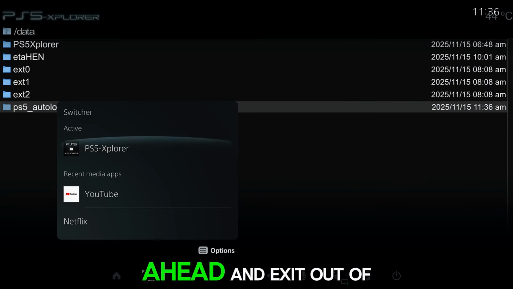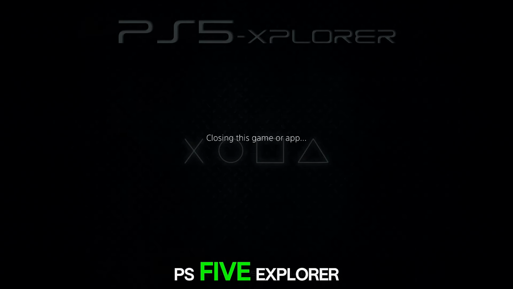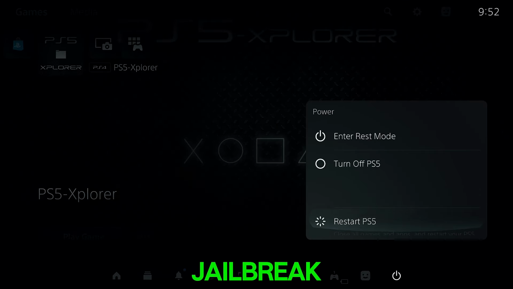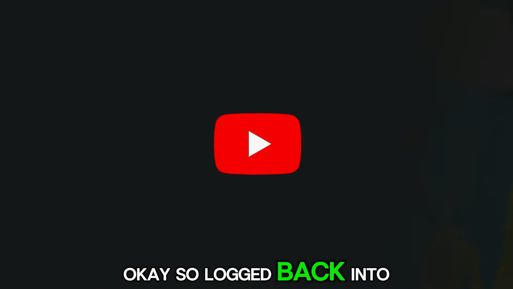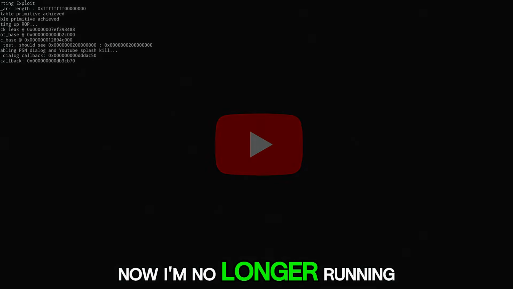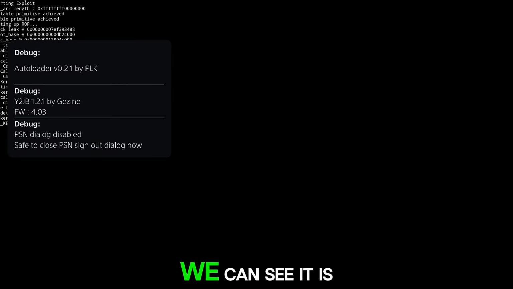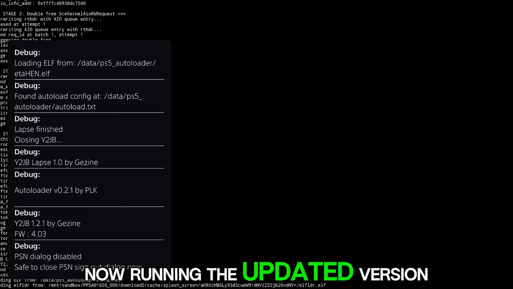So now we can go ahead and exit out of PS5 Explorer. I'll reboot my console so I'm no longer running the jailbreak. Okay, so logged back into my PS5. Now I'm no longer running the jailbreak. So now when I go to reload the YouTube application, we can see it is now running the updated version